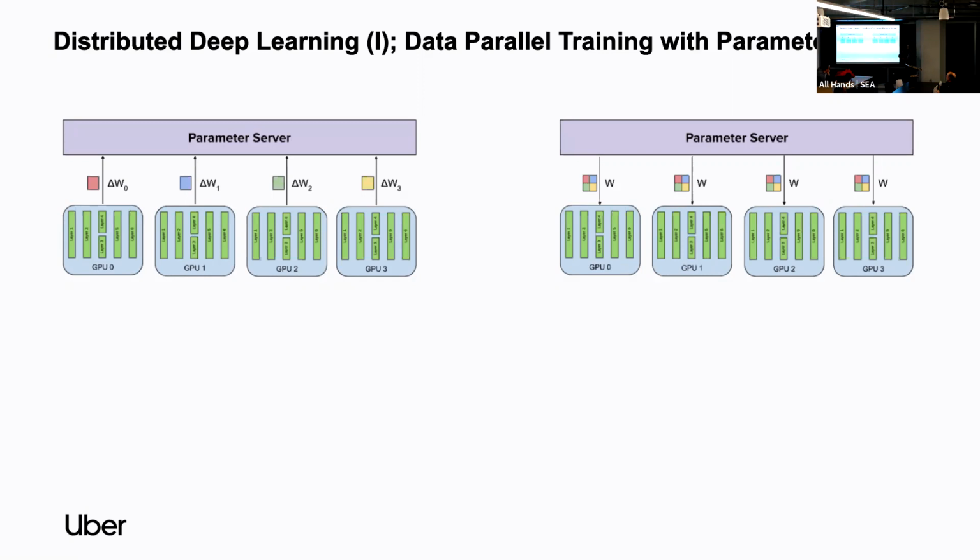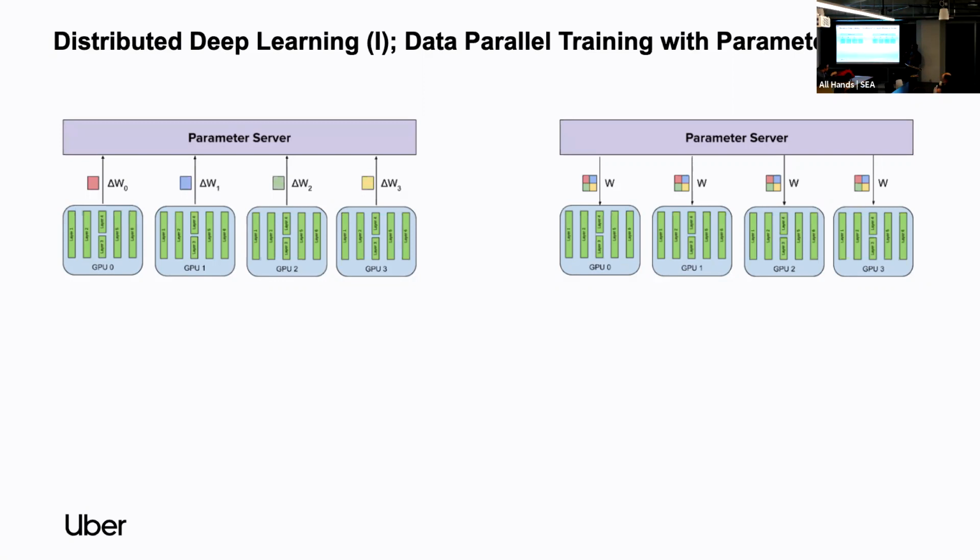And then you have GPU workers that are in charge of taking the data, calculating their gradients, and then sending that to the parameter server. And then the parameter server takes these deltas, calculates the weights, and sends them back to the workers. So there can be basically synchronous SGD or asynchronous SGD that can be used in